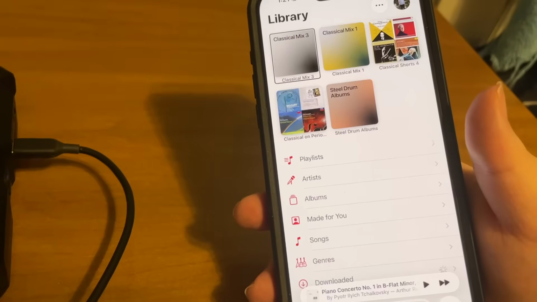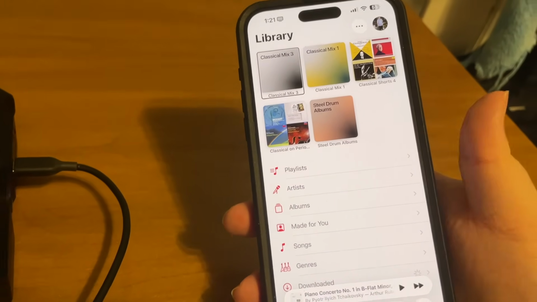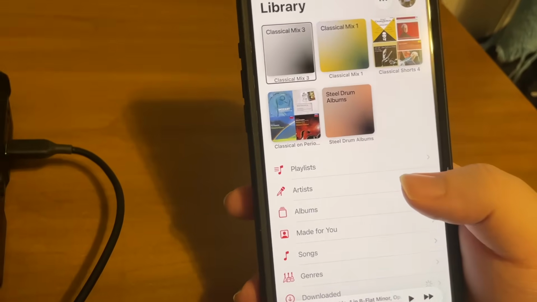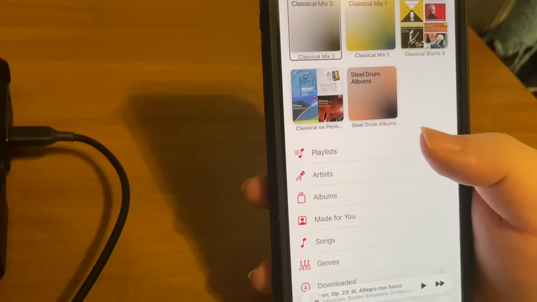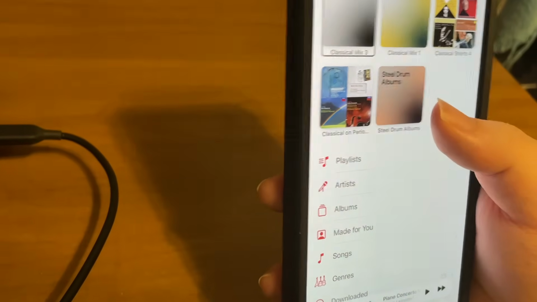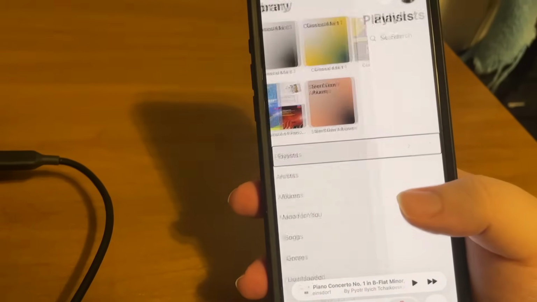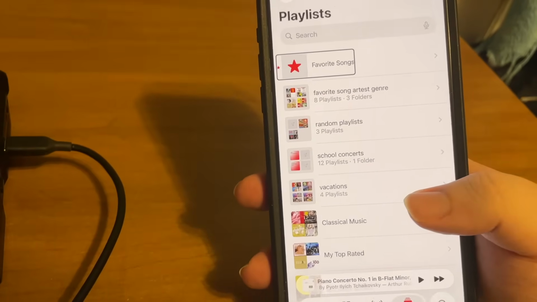And the implementation here is actually better than I could have hoped. So let's take a look at how this works. You heard a little bit of this, but we'll go into it more now. I'm going to go back into my playlists. Okay, there's playlists. I'll double tap. And I'm going to go into my classical playlist, which is under,